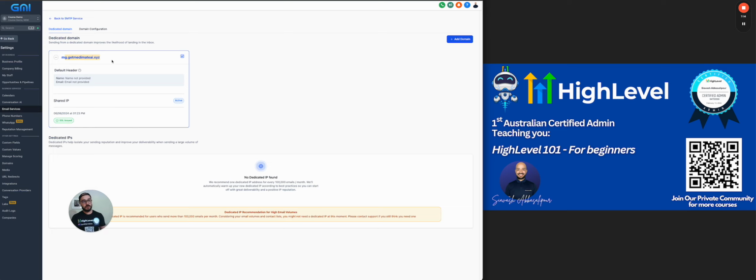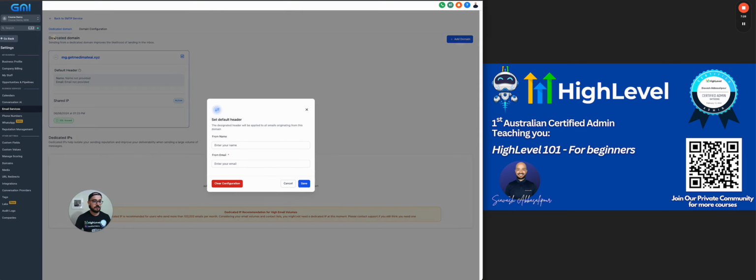Now what you need to do is set up your header. So you see it's the default headers, and it says that this designated header will be applied to all emails sent through this domain. So click on this. I'm going to click on set headers. This is basically going to be your from name and from email when you send email from HighLevel. So I usually put my own name